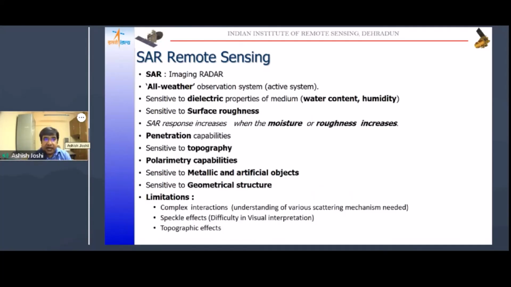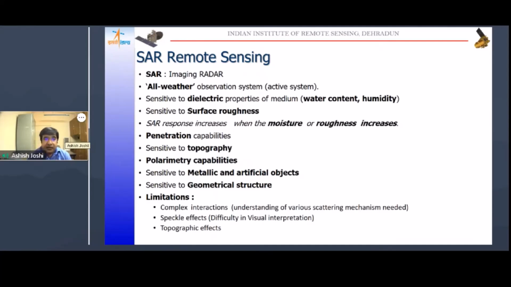Now, what is SAR remote sensing? SAR is the imaging radar. It is an all-weather observation system. It is an active system sensitive to dielectric properties of the medium. Dielectric property means water content and humidity. If it is in any natural object like soil, then it will